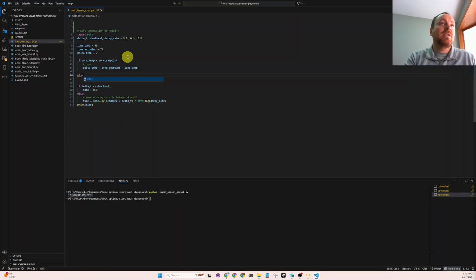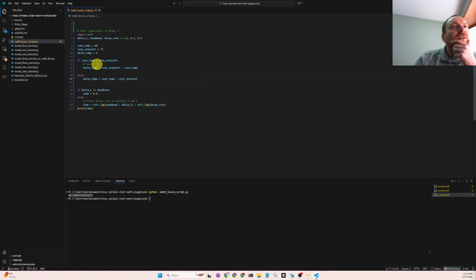Also, it would be a heating or cooling application. Else delta temp equals zone temp minus zone set point. I think it's just to keep the value. I think you could just take the absolute value too, but you could even do separate numbers here,